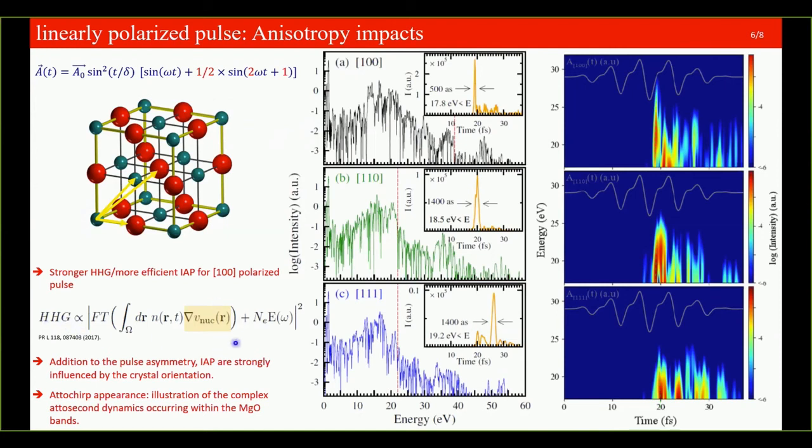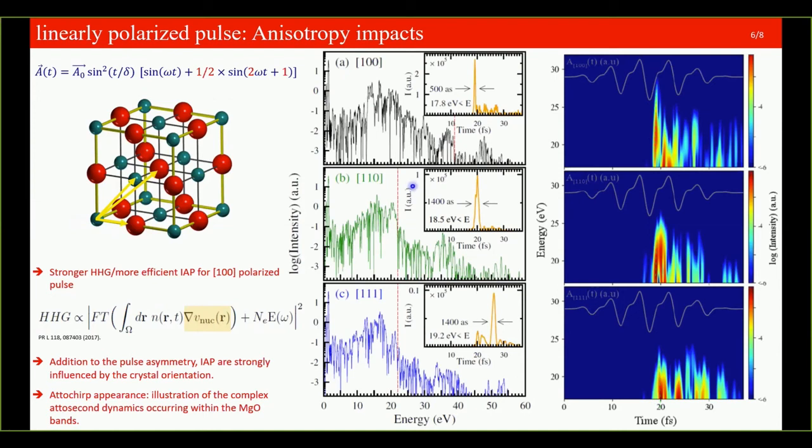The impact of the nuclei potential gradient can be explained by this equation. And in this direction, the ionic potential shows a stronger gradient, so we have a stronger HHG